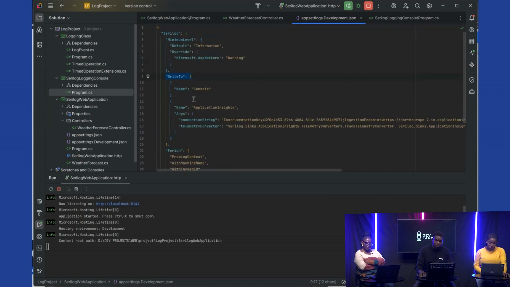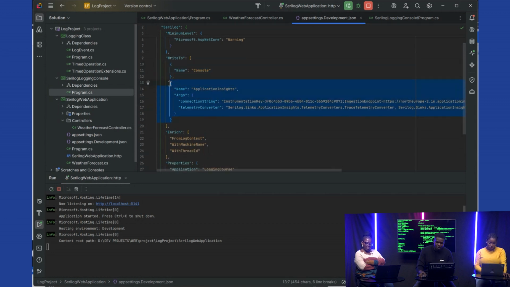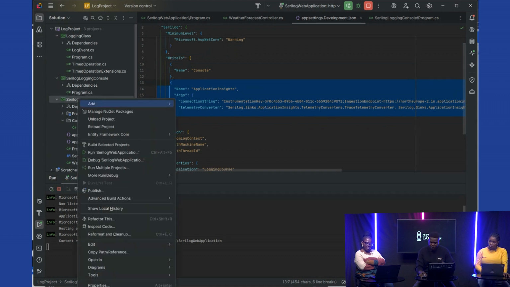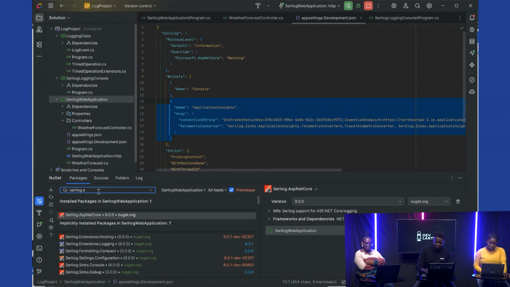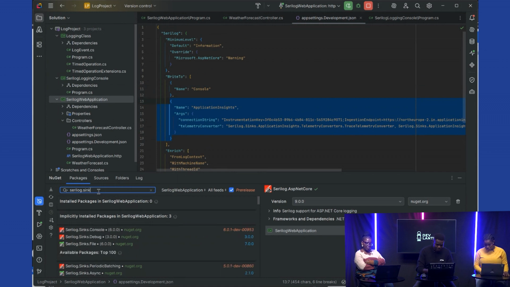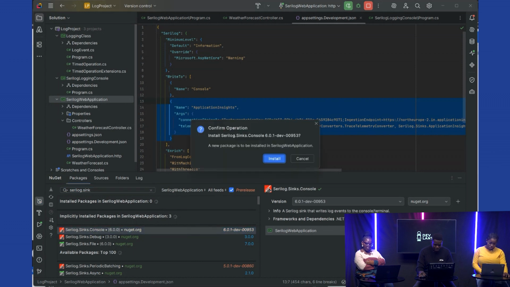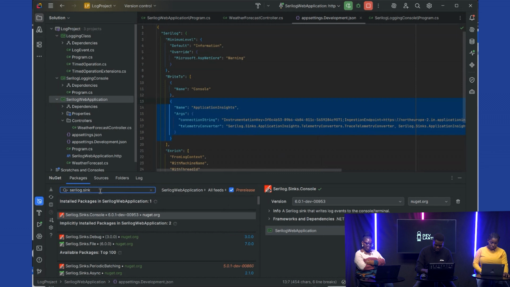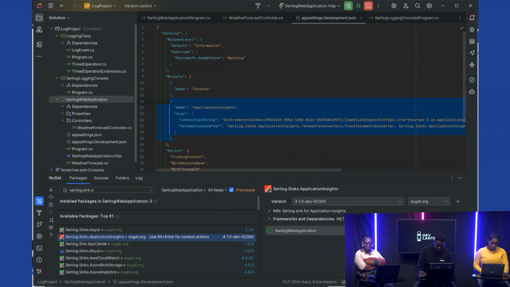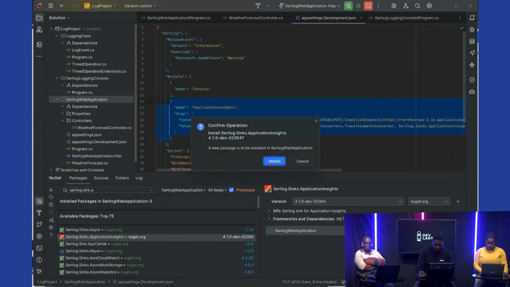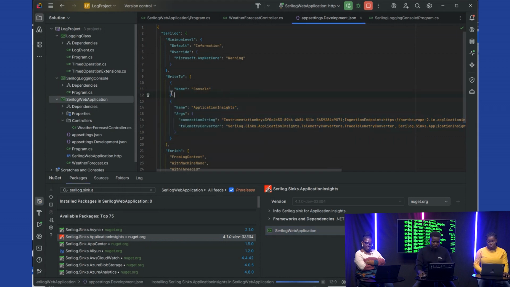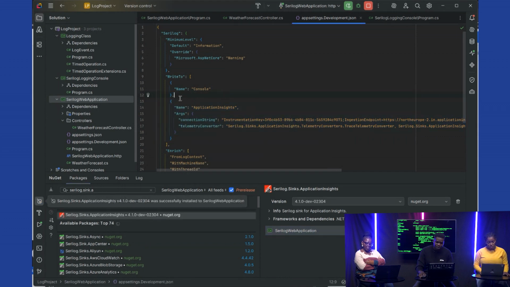But now on this one we are using properties to set our log. You are telling it to write to console, and you're also telling it to write to Application Insights. But remember, we have not added our Application Insights package, and even console. So remember, we need to add them. So sync our providers, add it on this, then also add app insight. But we don't have a way to actually log to app insight because all of this information here is not working. But I will show you. I promise. So with this now, when we run this, you will see that